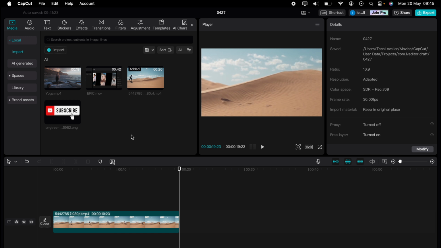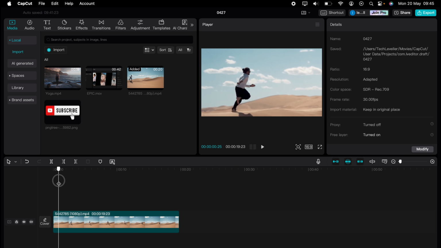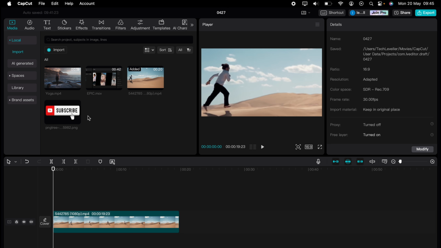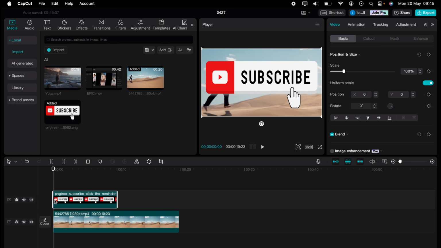a watermark in CapCut. Now I'm going to show you how to do an easy watermark here, nice, quick and easy. So come to the start of the video clip and let's bring your watermark, what you want to make, onto the timeline. I'll just use this basic subscribe button here,